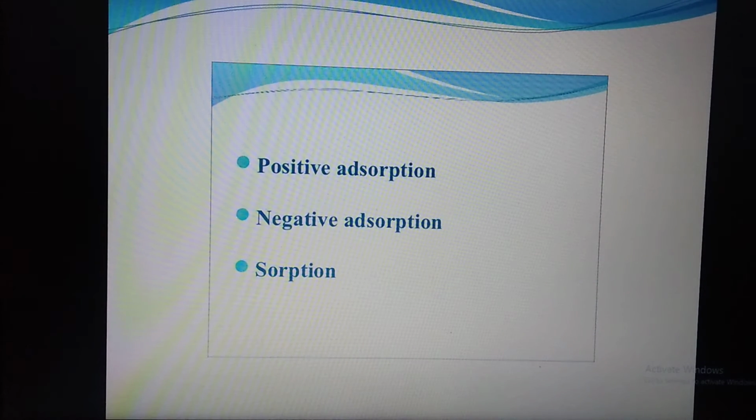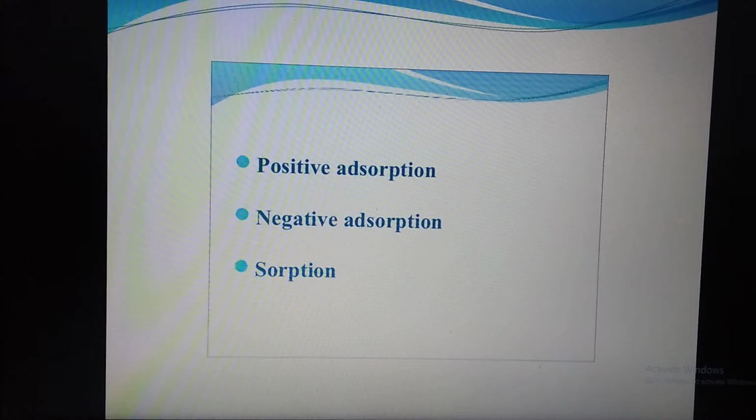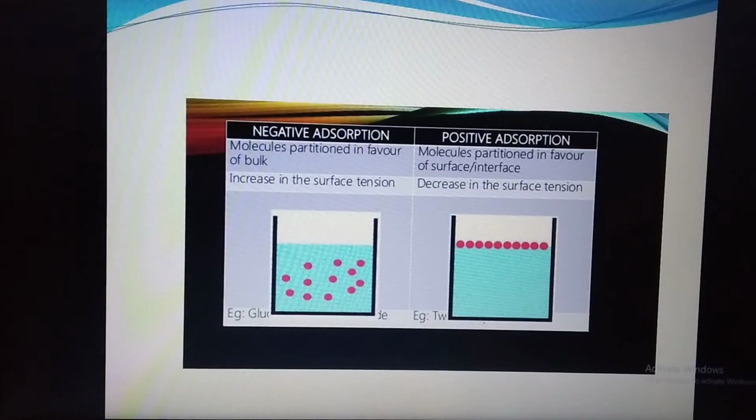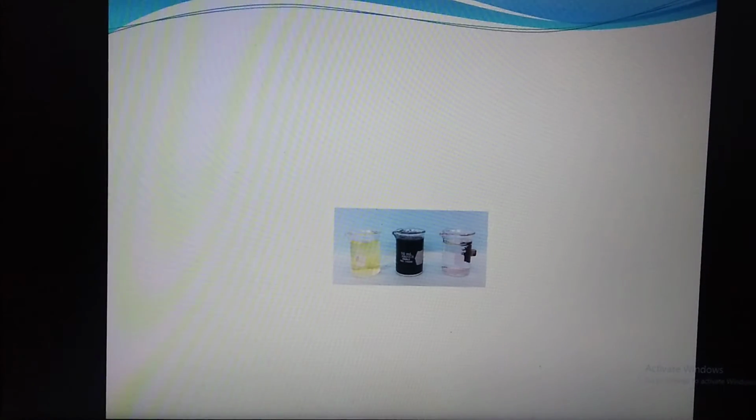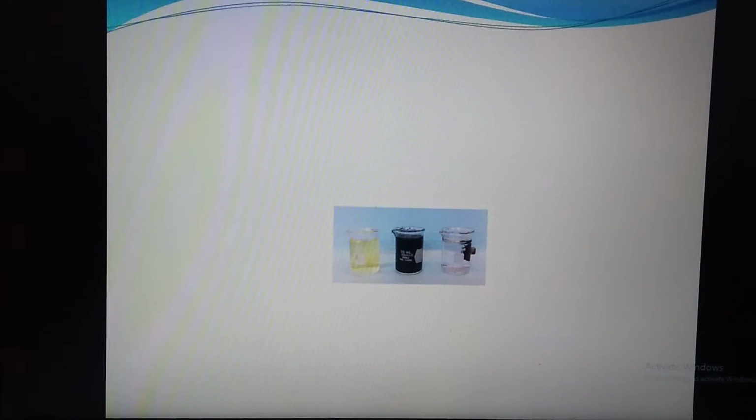Okay guys, positive adsorption means when the solute is adsorbed by the adsorbent. If the solvent is taken up by the adsorbent, it is called negative adsorption. First we want to see about positive and negative adsorption. You can see here in this picture